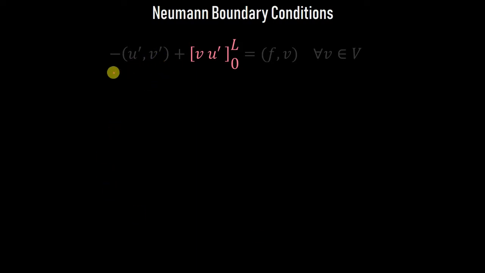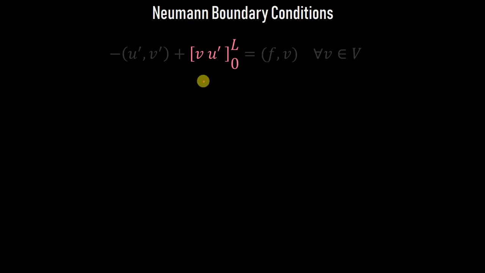Okay, so this is the weak form now, and this boundary term that is evaluated over the boundary, note that this term is now evaluated at 2 points because the boundary is 2 points. For example, if you are in 2D space, the boundary is a curve, so this would be an integral over that curve. But since the boundary is just 2 discrete points, it came out as just a subtraction of 2 terms at the boundary. Okay,